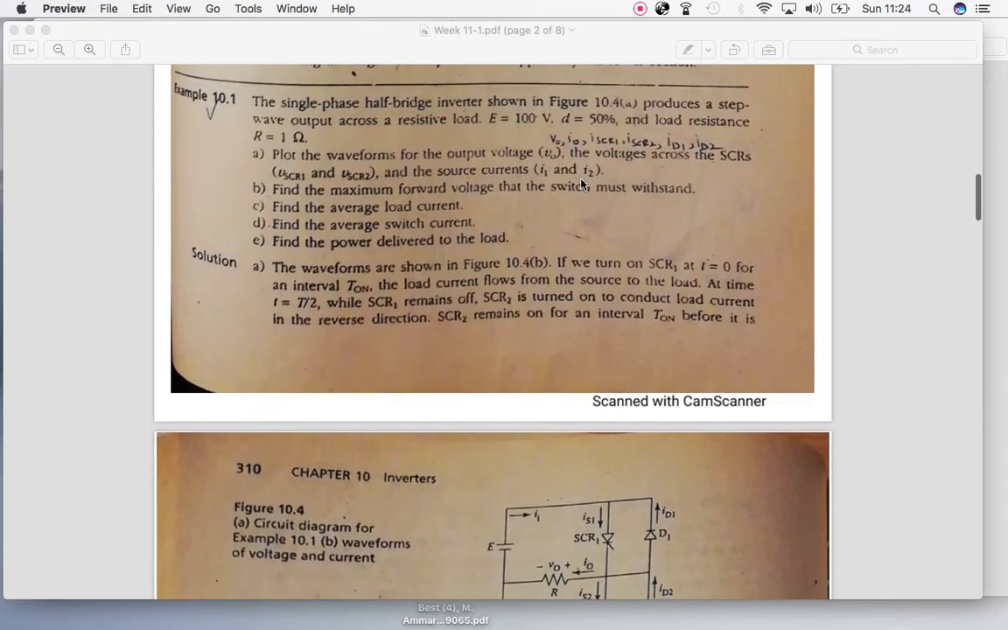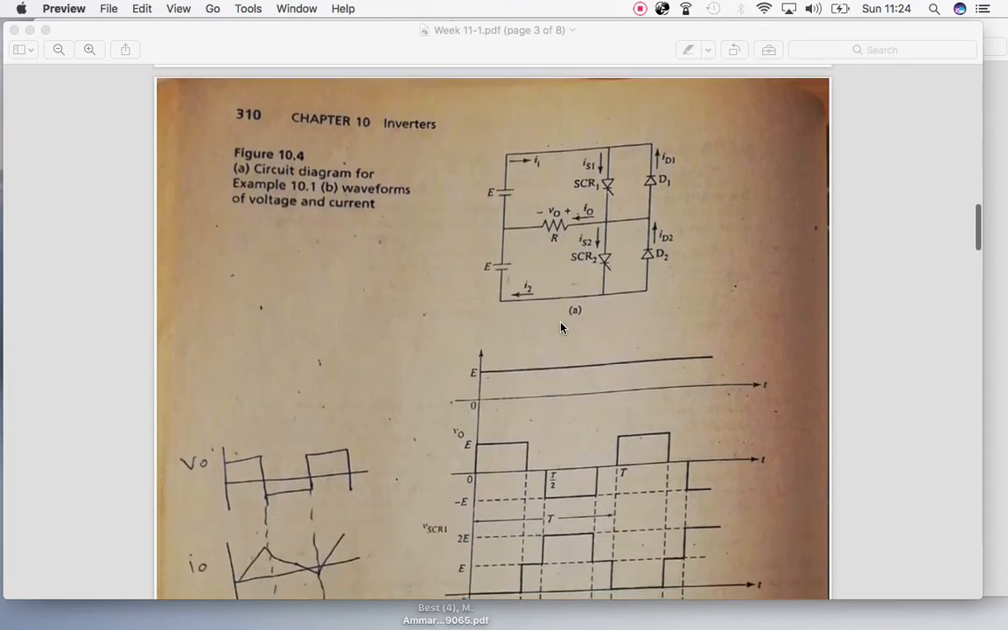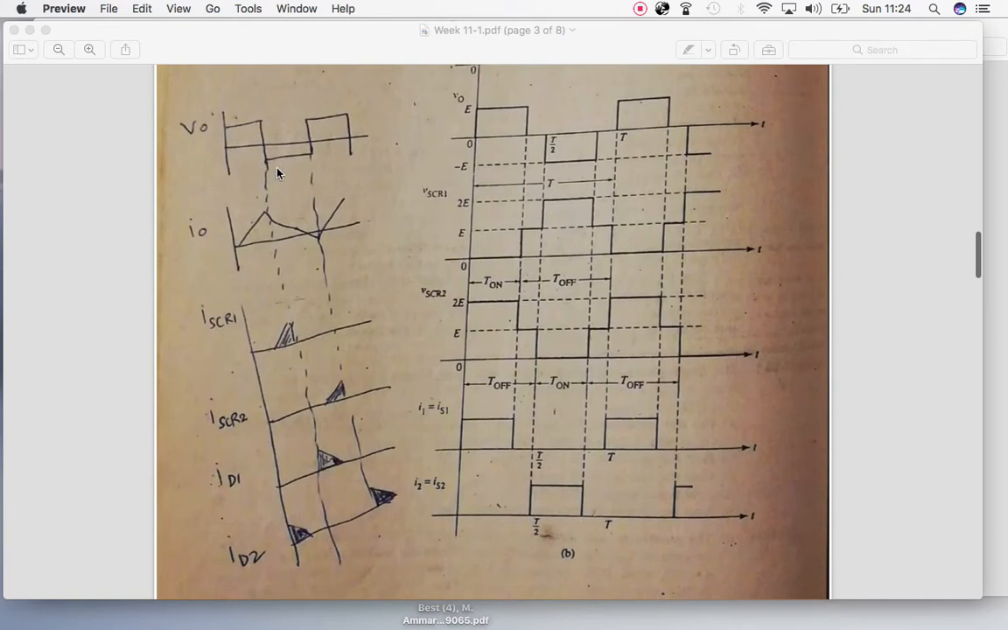So firstly, we have to calculate the current waveforms on all these switches, and the load and the voltage at the load side, and we have to draw their waveforms. So you can just draw like this. If we have a square wave for the voltage, then we have a triangular wave for the current, because we have at the load side a kind of environment which is